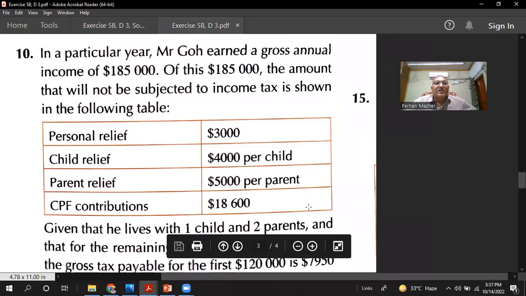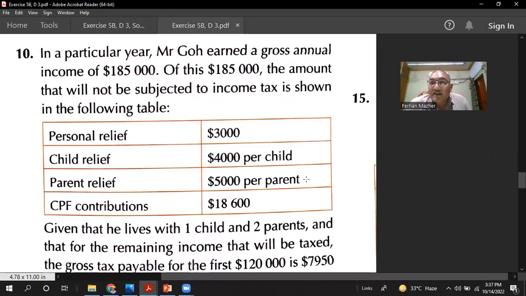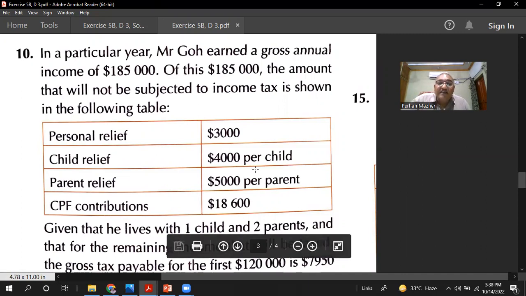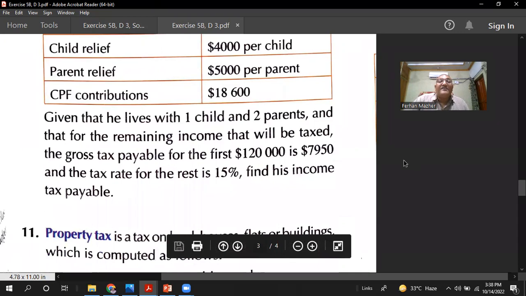So, okay, in the particular year, Mr. Go earned a gross annual income of $185,000. Of this $185,000, the amount that will not be subjected to income tax is shown in the following table. So he will get a personal relief of $3,000, child relief $4,000 per child, parent relief is $5,000 per parent, and CPF contributions $18,600. Given that he lives with one child and two parents, and that for the remaining income